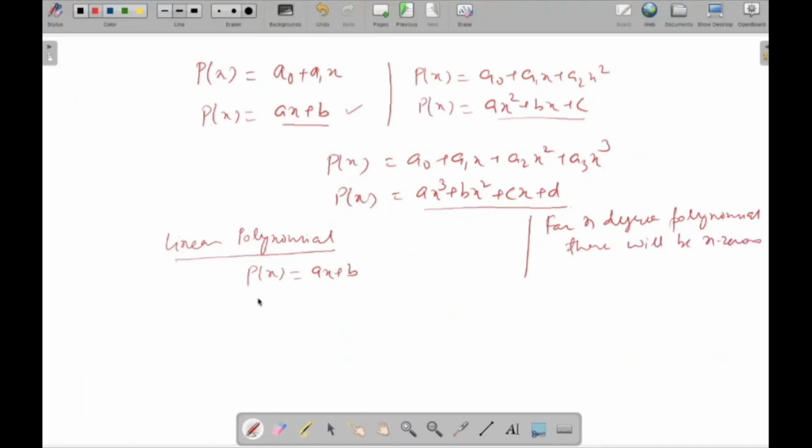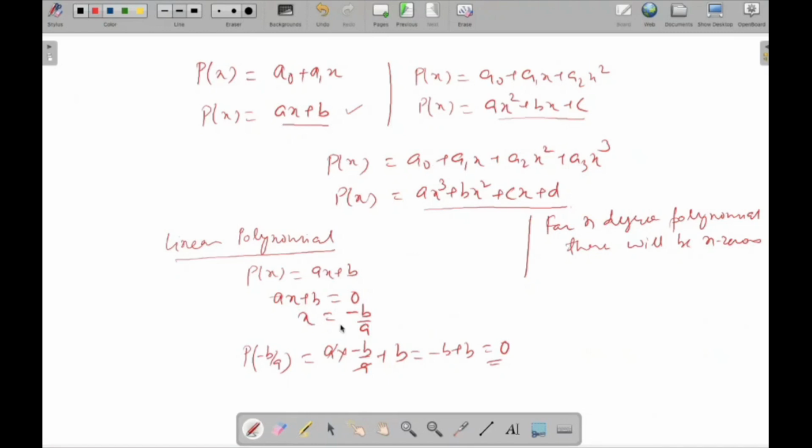Okay, so at least for this one, I want to get the zero, so I have to equate it to zero. So then I can just get x is equals to minus b by a. So the first thing is that if you have only one zero, it will be equal to minus b by a. What it means is if you put x equals to minus b by a, it will be a into minus b by a plus b, a will cancel out, minus b plus b, it will become 0. So you will say that the zero, in case you have one zero, it will be x equals to